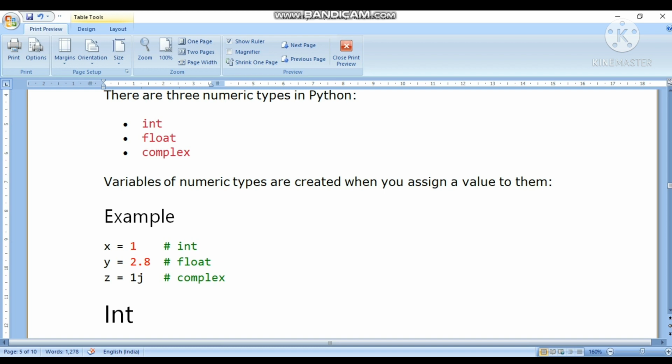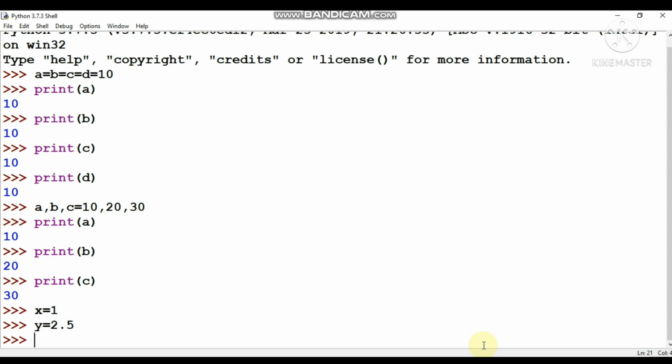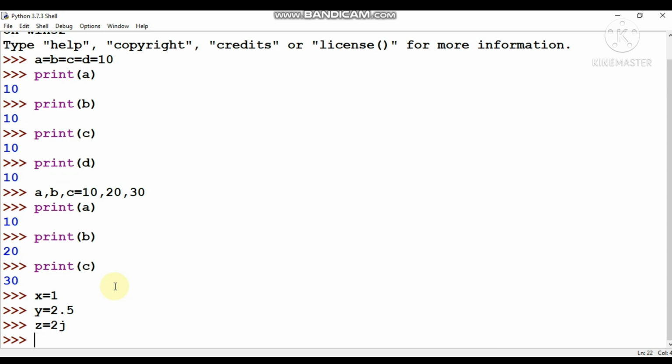So how can we define these? Practically we will learn. If you write x equal to 1, y equal to 2.5 and z equal to 2j, the first one is integer type, the second one is float type, and the third one is a complex number.